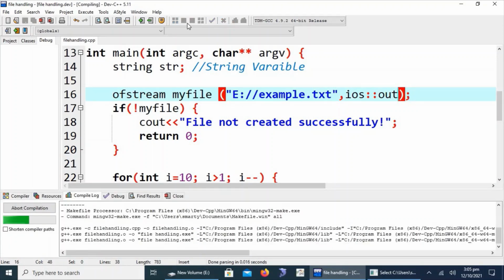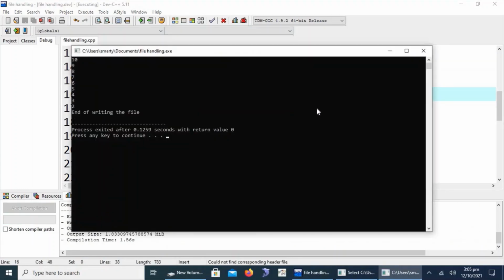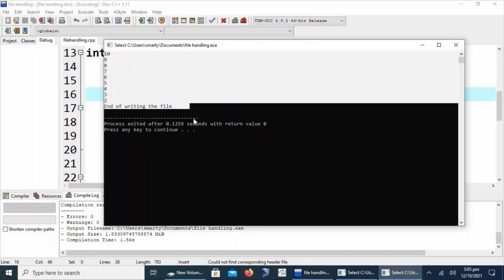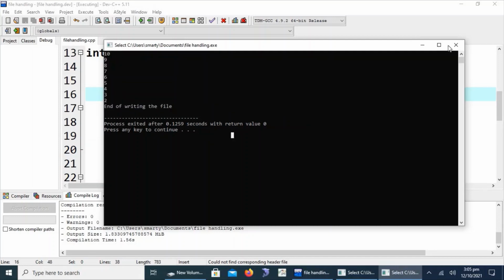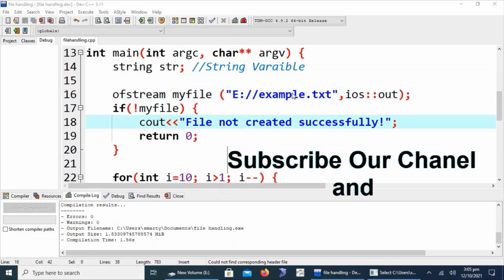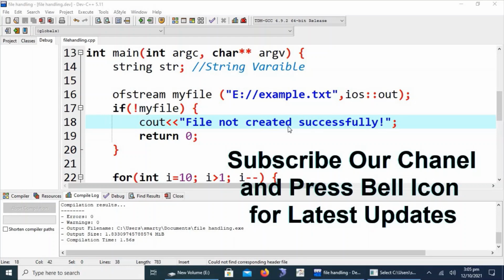Let's check this. Now we can see that it is reading from the file after writing only one time. This is a clear demonstration and example of the complete reading and writing operation. This is called file handling in C++.